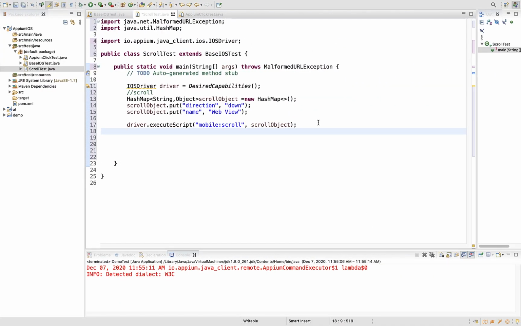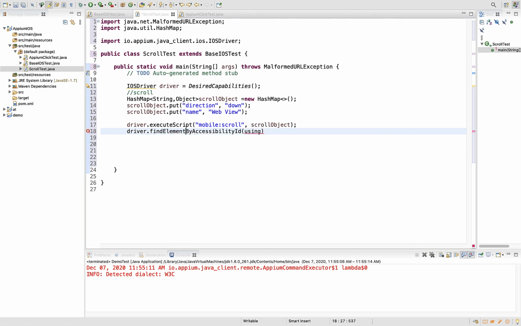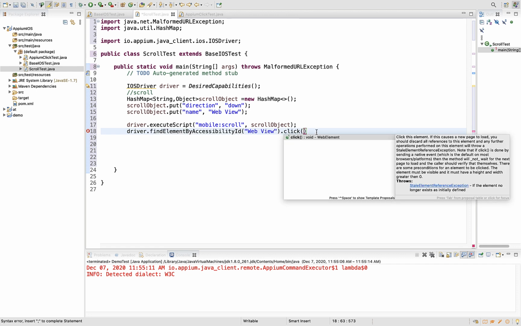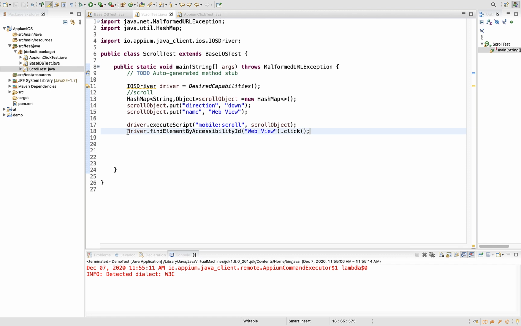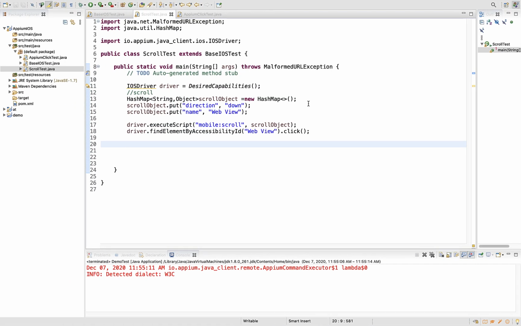So after it gets into visible mode, if you want to select and click on it, driver.findElement, you can use accessibility ID because that is also present there. Same web view. If you don't scroll and if you give this step directly, your test will fail saying this object is not found. So now we are successfully scrolling to that view, and then we are trying to click, and then it will identify and take us to the next page. Okay, so I have accessibility ID here, so I'm blindly using this. So let me run this test and see how that goes.